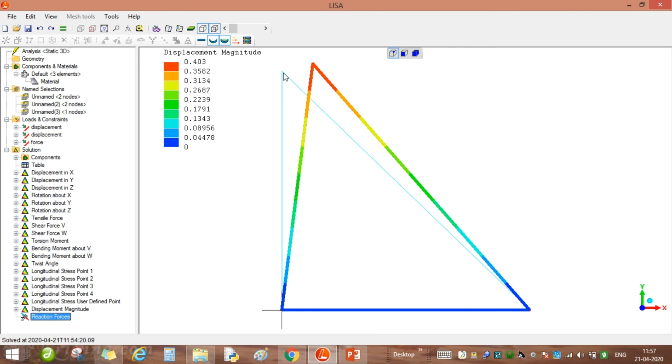We have component along x, we have component along y, that we get from this is x displacement, and if you click here, this is y displacement, and the resultant displacement we get from this displacement magnitude. So it is like this. So that is all about the simple example of a truss in LISA.